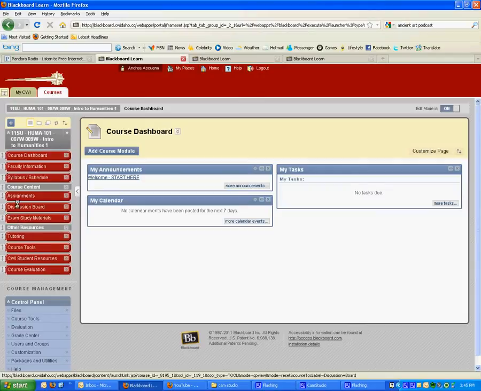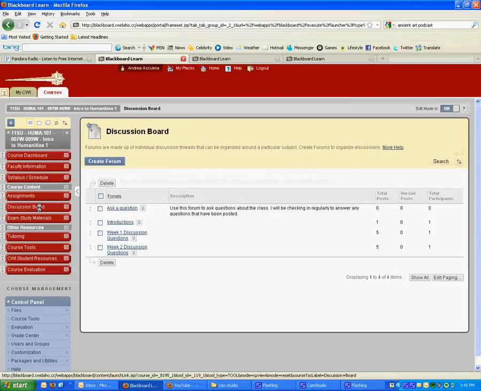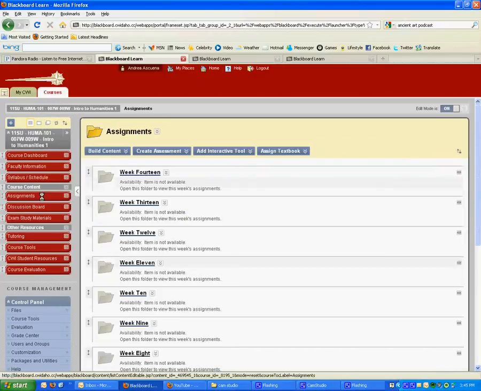You have exam study materials that when you go into it, you will periodically be able to access material to help you study for the exams. So for instance, for exam 1, those materials will become available on 6/8. You can access the discussion board directly this way if you want, and you can access